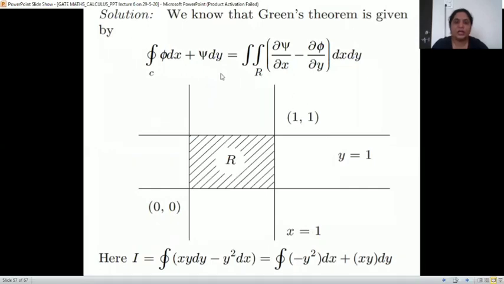Okay, they are calling in terms of phi side. So dou n by dou x minus dou m by dou y, right? And this is the region bounded by the line x is 1 and y is 1 with origin. So this is the required region. Then by Green's theorem, this is written in standard form first, that is minus y square dx plus xy